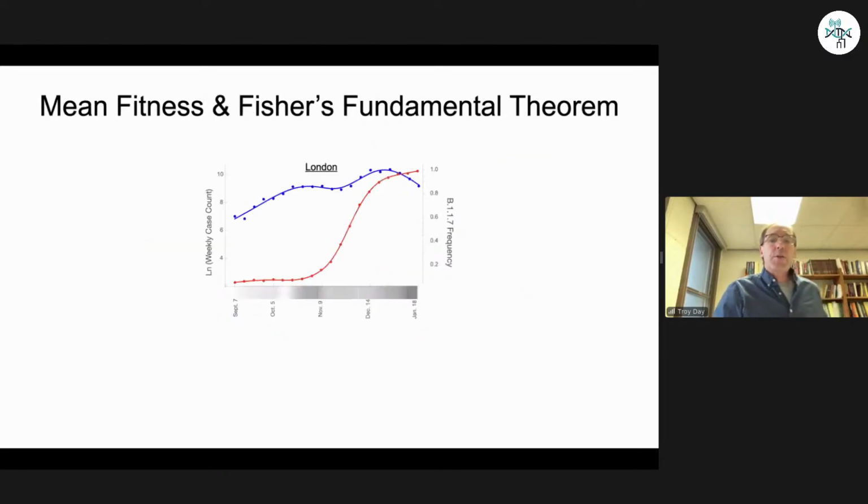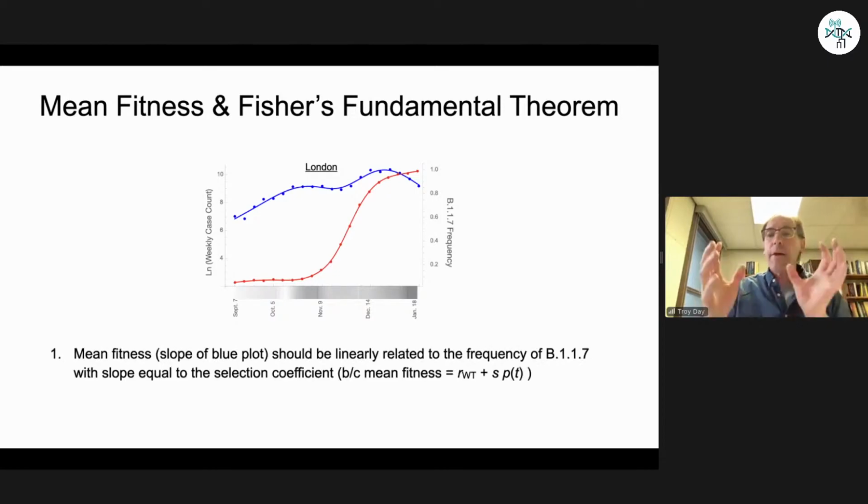Another thing you can do is look at ideas from evolutionary biology involving mean fitness and Fisher's fundamental theorem to make some predictions and see if those predictions are borne out in the data. In particular, one thing you can do is look at regions where very little change in the lockdown was happening during the period of the selective sweep. So this data from London, for example, during this selective sweep of B117, the change in gray here is relatively minimal. If we look in regions where that's true, then we should be able to make predictions